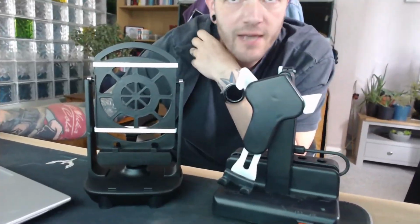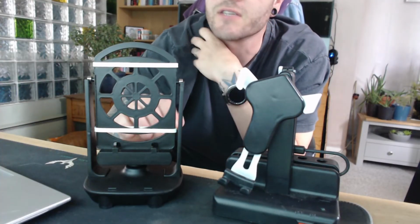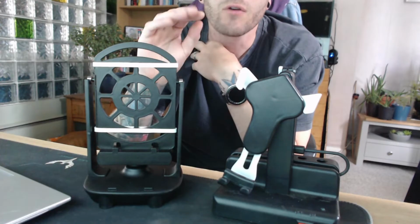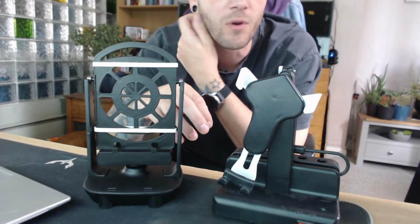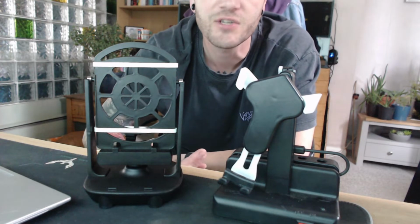Hello everyone, today I am back and I'm going to be reviewing these two devices, the Pokemon Go Swing Step Counter devices. I've got two of them here. I'll go through both of them and the reasons why I've got two, and then we'll do a live test on them on Pokemon, and I'll show you how many steps each can gain or distance each can gain in